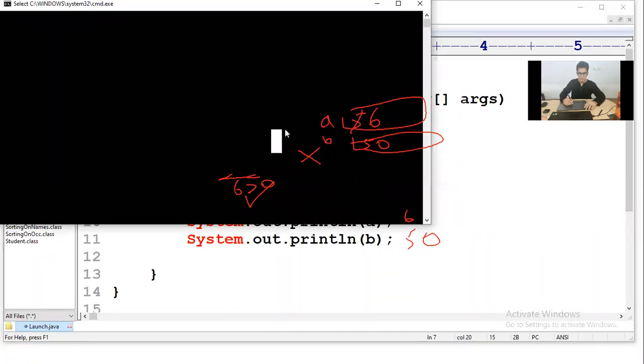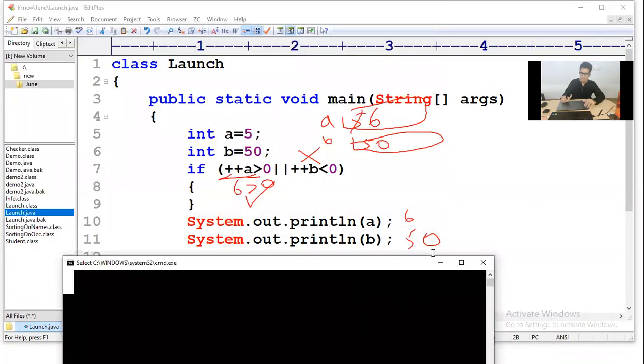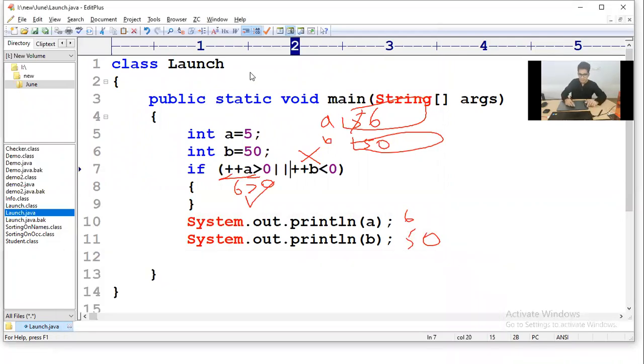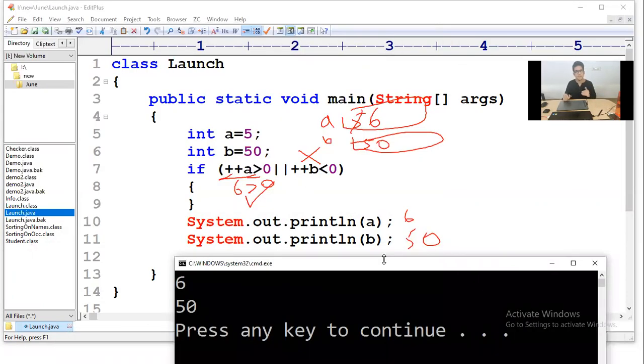Okay, let's see. You can take the screenshot in the meanwhile. I will execute again. Yes, the answer is 6 and 50, as we expected.